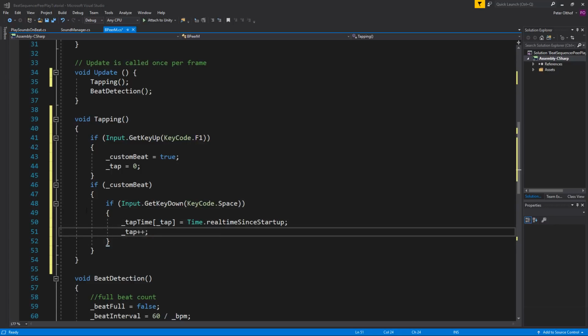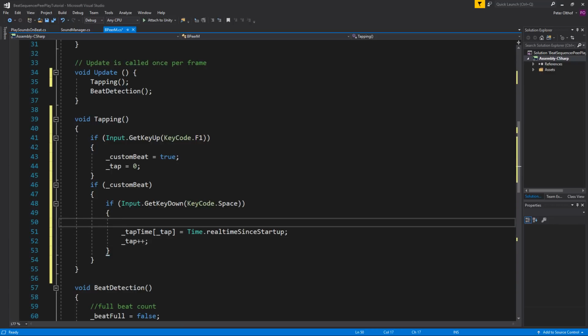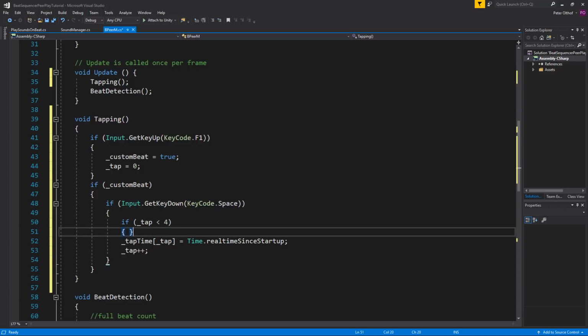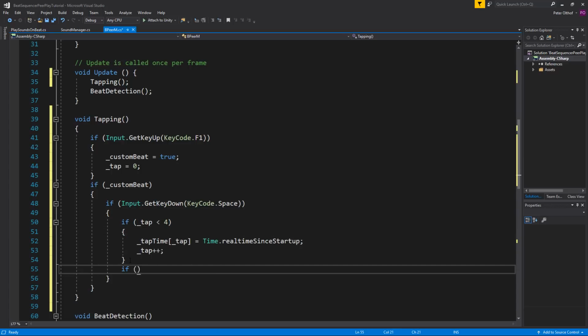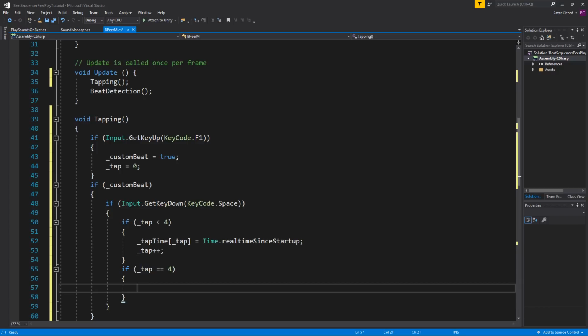But we only want this to happen if the tap is under 4. So we're going to add another if statement, and we'll say if the tap is under 4, then we're going to do this. Now if the tap is equal to 4, we're going to get the average time in between of all of the different taps. So let's create a float and we'll call this average time, and that is going to be the tap time 1 minus the tap time 0, and we'll put this in parentheses,